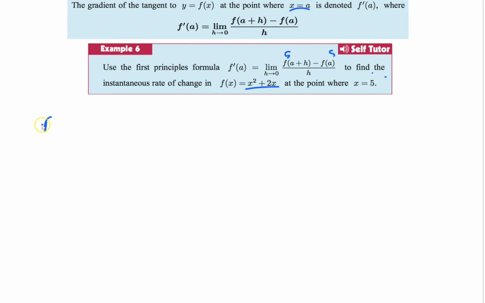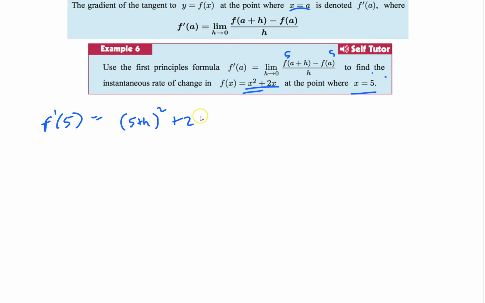So, if I want a derivative at 5, again, look at the formula. I'm doing x squared plus 2x. So, this first part, just like I always do, we're going to plug a plus h in for x. So, it's going to be squared. Now, it's a plus h. In this case, my a, the number I'm plugging in, is 5. So, it's 5 plus h